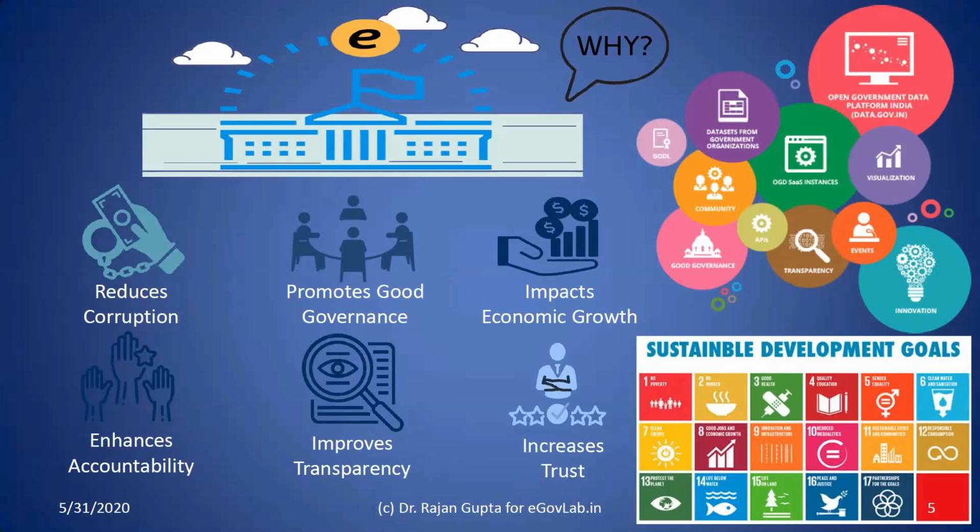Also, there are a few middlemen who are involved in various kinds of government processes. If technology is enabled for all those services, those middlemen can be eliminated, and there comes the direct engagement between government and citizens, or government and other entities. Therefore, it also helps in reducing corruption. If all these things are happening, then it certainly impacts economic growth.